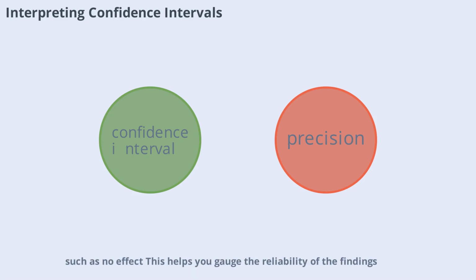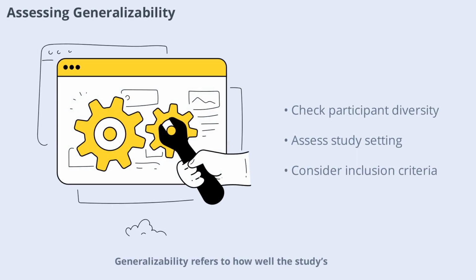This helps you gauge the reliability of the findings. Generalizability refers to how well the study's findings apply to populations beyond the study sample. Factors such as participant demographics, study setting, and inclusion criteria can affect generalizability. When analyzing conclusions, consider whether the results are relevant to your context or if there are limitations that restrict their